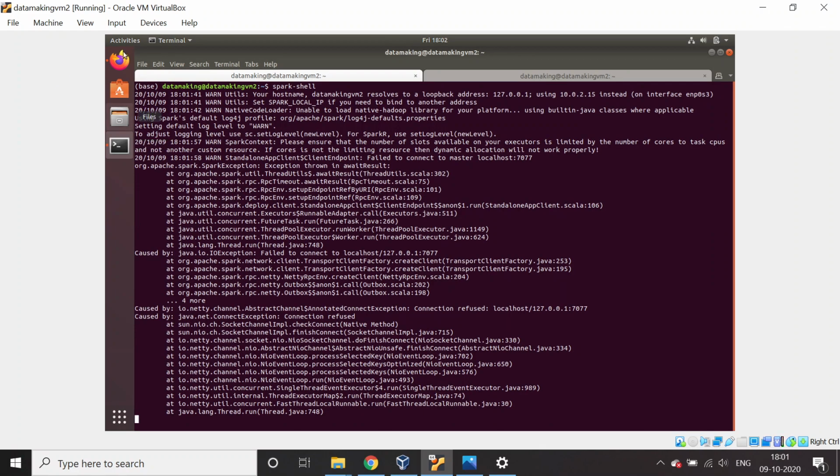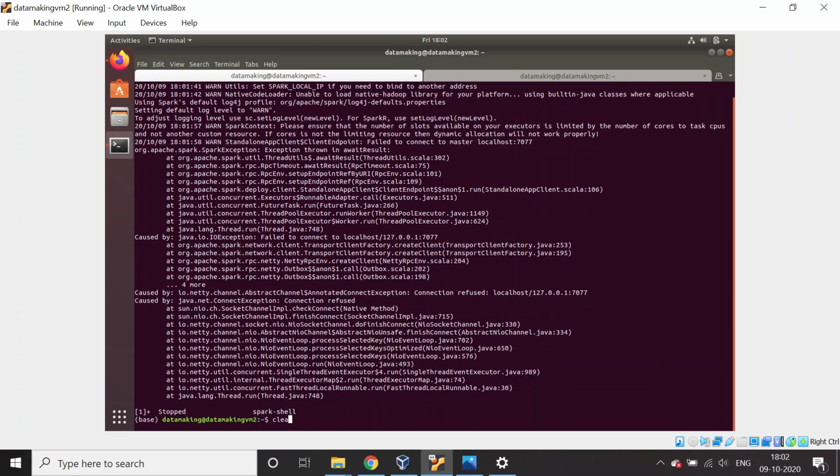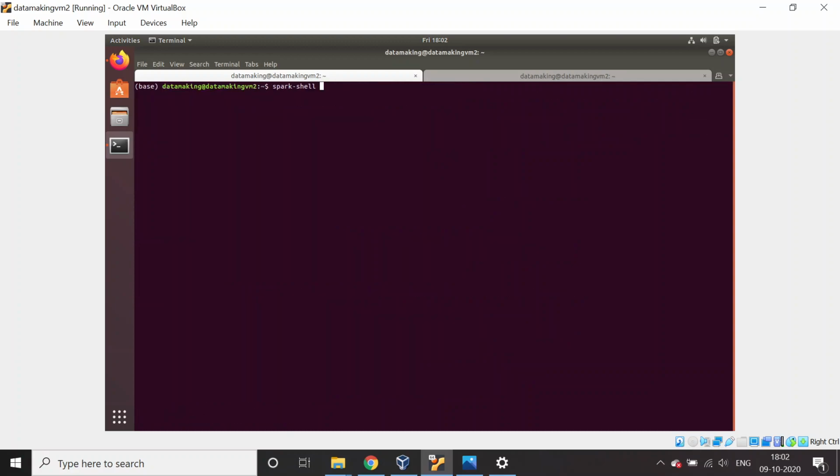That's why it says failed to connect to the master process, the standalone cluster manager, at localhost 7077. So let's kill this. Now I'm going to start it by saying spark-shell --master local. I'm going to run it in local mode.